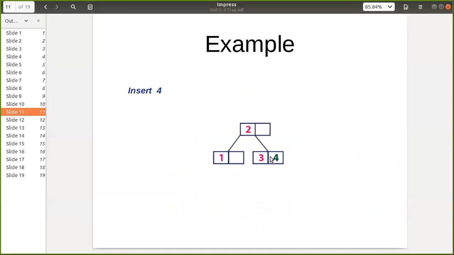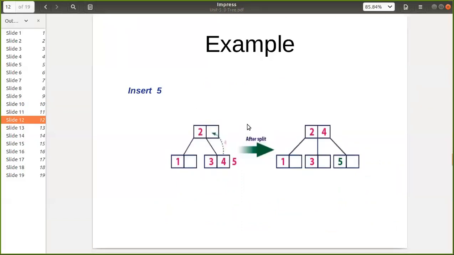Then suppose the next key is 5. So starting with this one, 2, 5 is greater than this one, we are moving towards the right side. So we'll compare here 3, 4 and 5. We can add it here, but it is again exceeding the limit. So as this is exceeding the limit, this will get splitted.